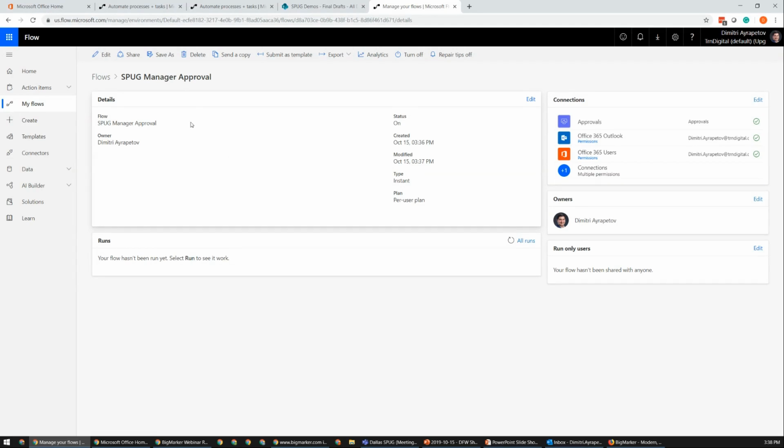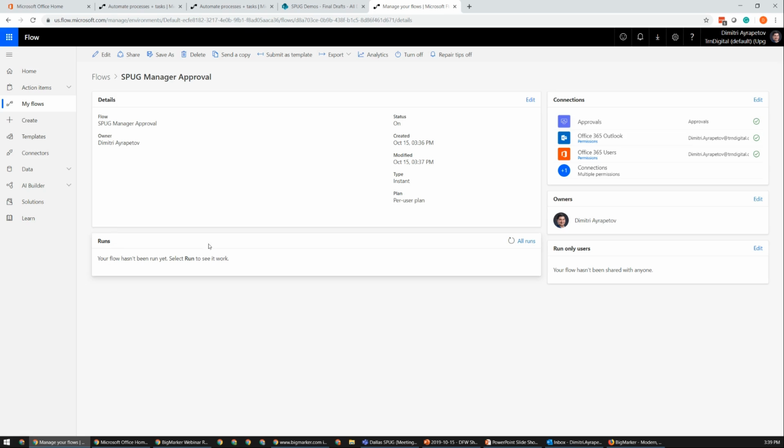But let's come back into here. So a few more great things here. We can save flows and we can make copies of flows. So this is great if you create a flow template and then you want to reuse it across multiple different sites. You don't have to reinvent the wheel every time. It's essentially like making your own local templates. If you make a flow that you think would be really useful and you'd like to submit it to the overall free marketplace, you also have that ability to do so. And furthermore, there's some abilities to get analytics or turn off flows if you don't need them running at the moment.